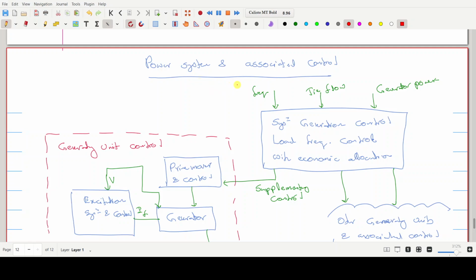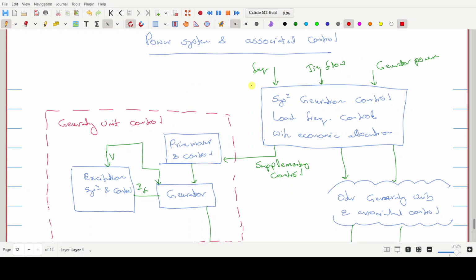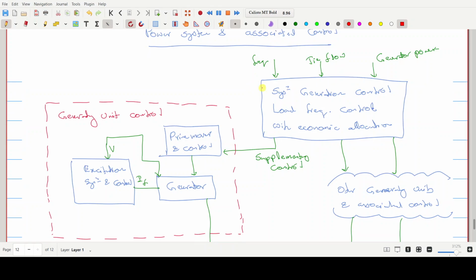For an example, there are various control schemes like the system generation control, load frequency control, with economic allocation. This generation control takes the frequency measurements